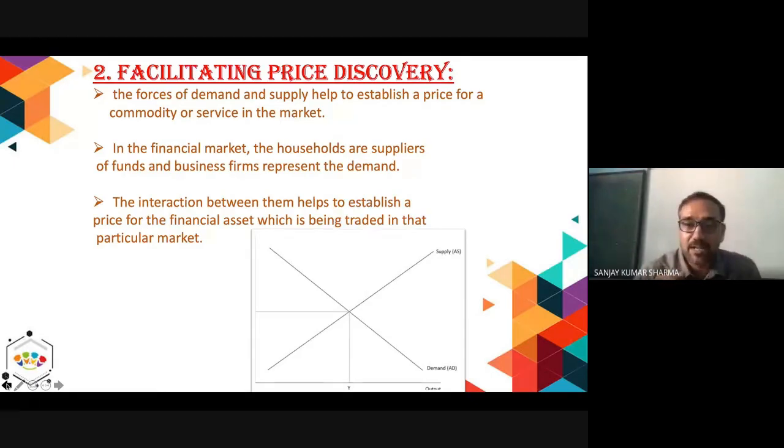And the same is applicable in financial market too. So financial market is the only market which facilitates price discovery, that what should be the price of financial